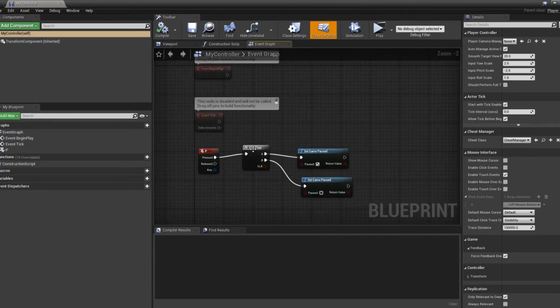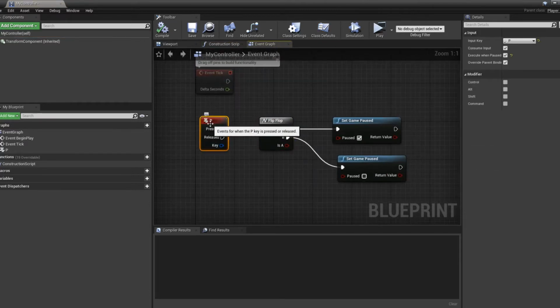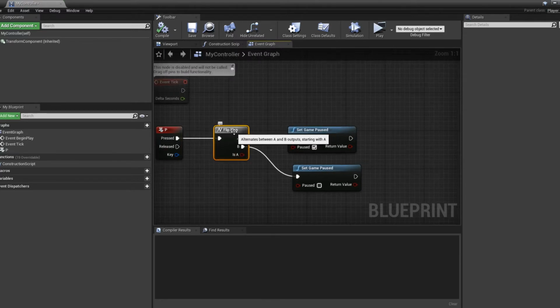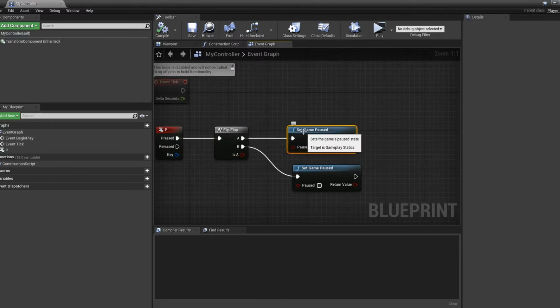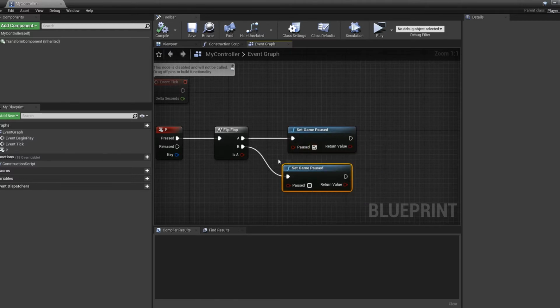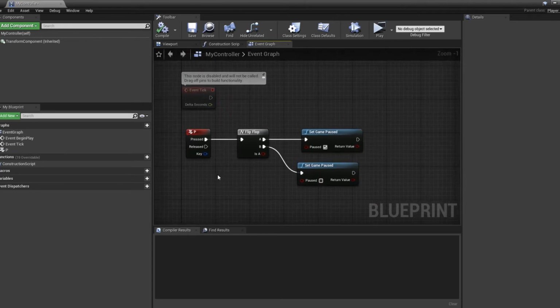So essentially, this is what we want. We just want to have a key that you want to be pressed, a flip-flop node, and then have the set game paused to true on A and set paused to untrue on B. But what's happening is a lot of people are getting the issue where it will pause the first time around, but when you're doing it again,